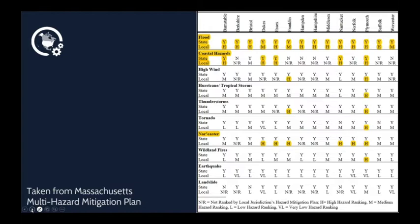Just as an example, this is a process that emergency managers are very familiar with, and many of you may be emergency managers or may work with emergency managers in cities or at the state level. Every 5 years, FEMA requires that emergency managers put together an emergency response plan, which is based on understanding a variety of different